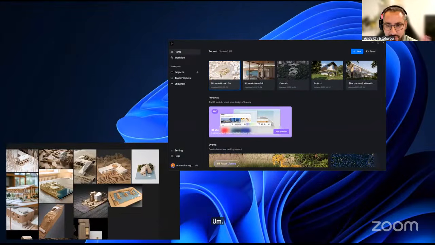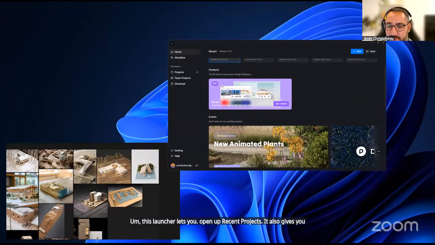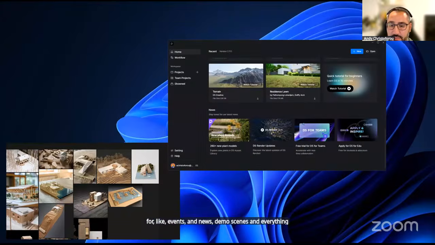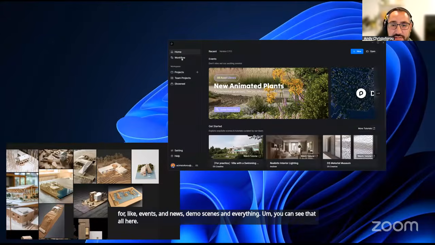This launcher lets you open up recent projects. It also gives you updates for events and news, demo scenes, and everything. You can see that all here. This is also where